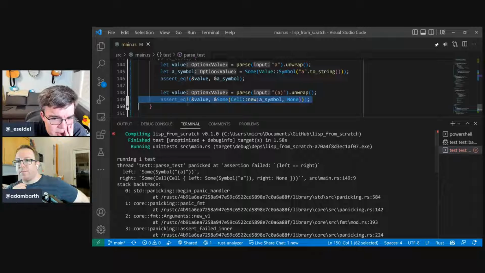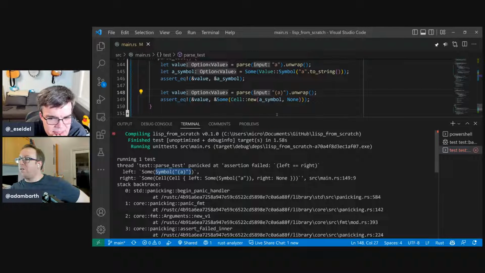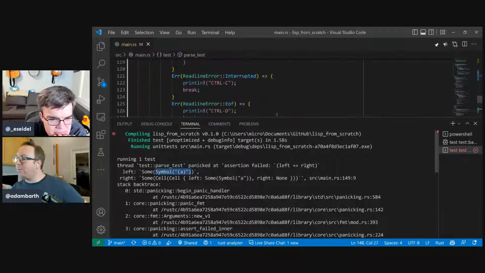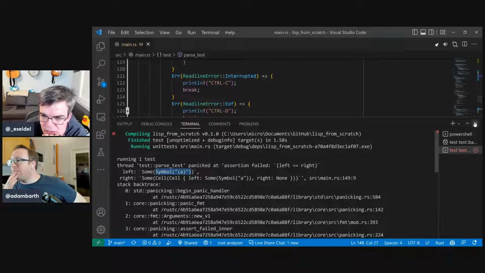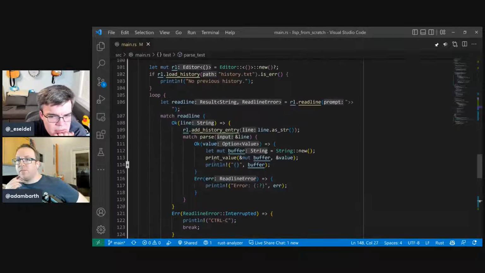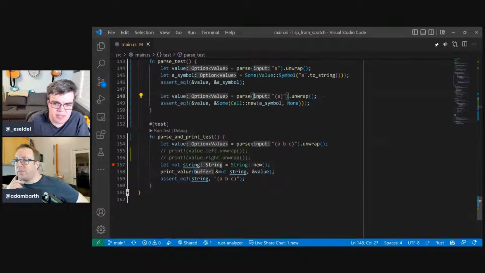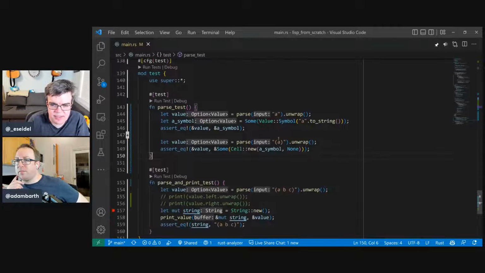So the left one we parsed was some symbol A. We might have failed the other one too. I don't know. Oh, we just parsed as a symbol instead of getting. Oh, okay. Oh, I know. It's because our parser expects